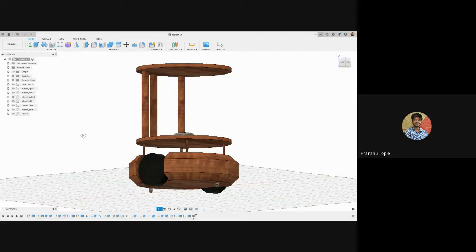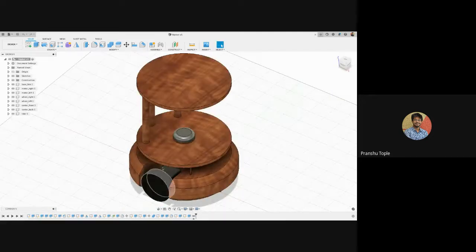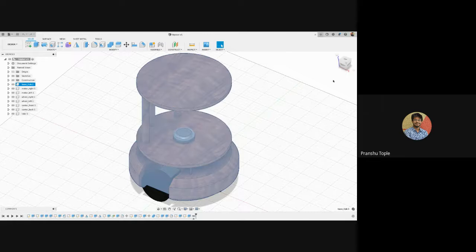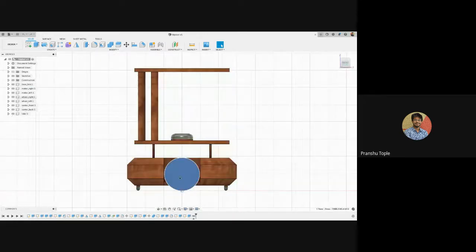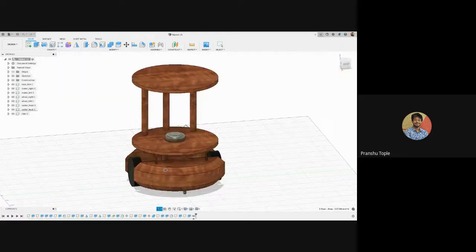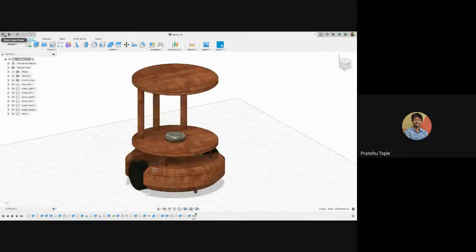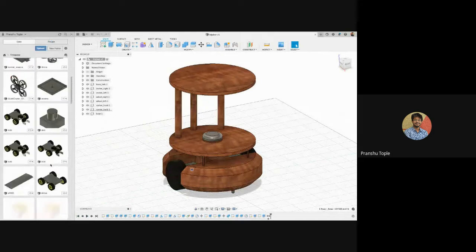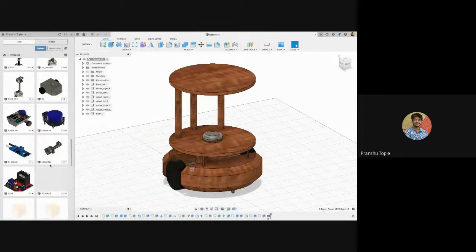And then we added motors, we added wheels, we added some lidar and some top base. All of these things are in one body. The wheels are one body. There are some casters that we added. So we added basically a lot of things. I showed one more option telling that you can insert designs that are already made by somebody else.